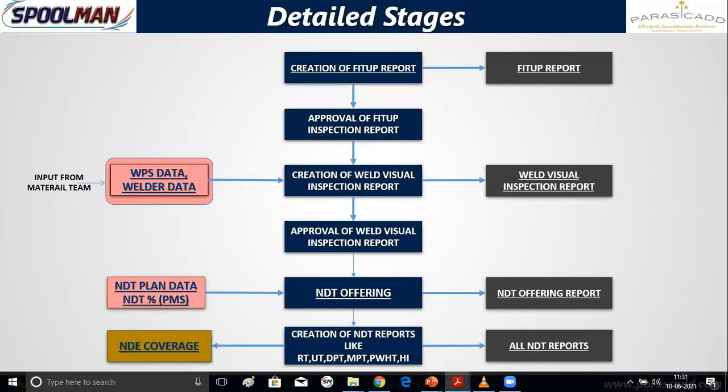So there is no mistake like, I am a CS welder, then the SS joint, even by mistake, I will not be able to enter a CS welder into an SS joint. System will do all this validation based on size range, thickness range, eligible welding processes based on the qualification of the welder. System will do complete validation on the WPS level, welder level, and at a joint level, and the filtered eligible welders will be available for my selection during my welding.